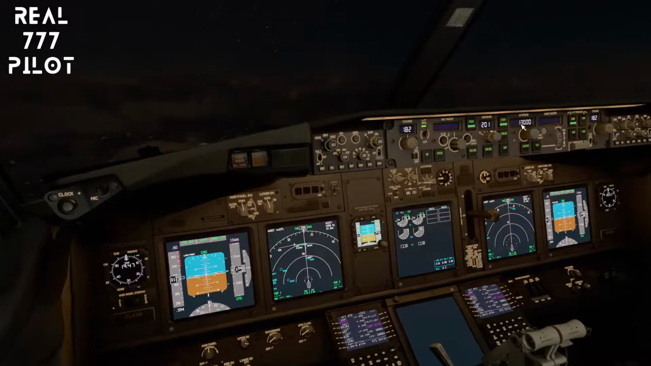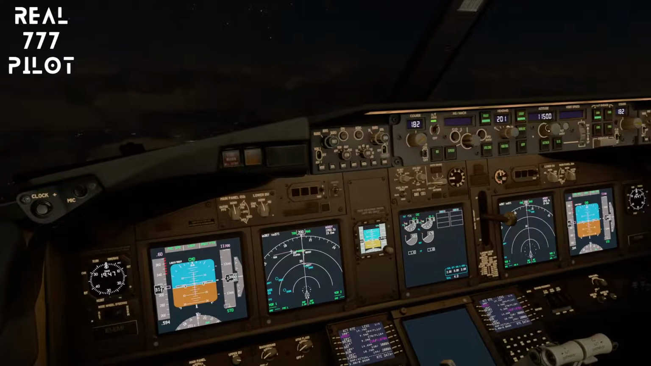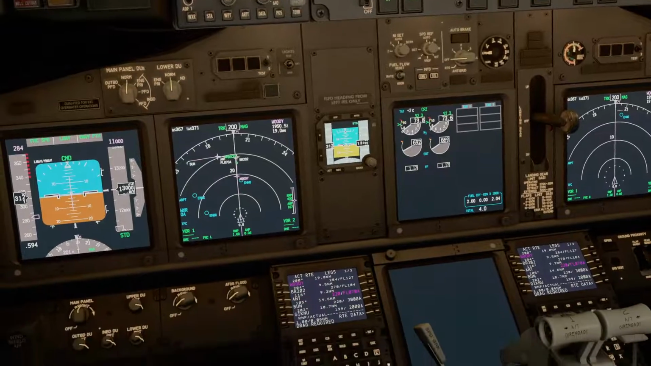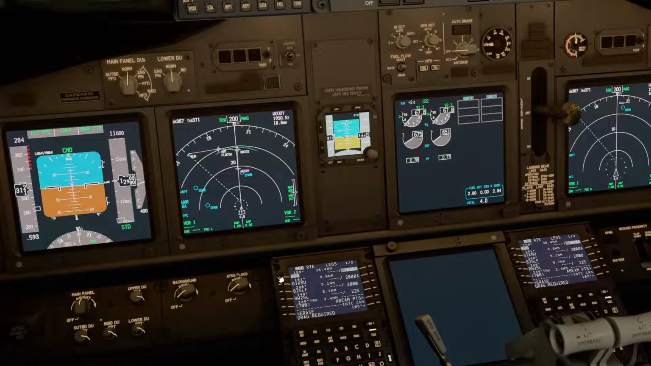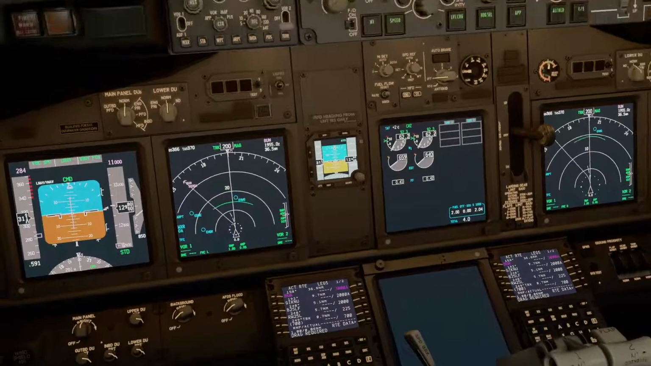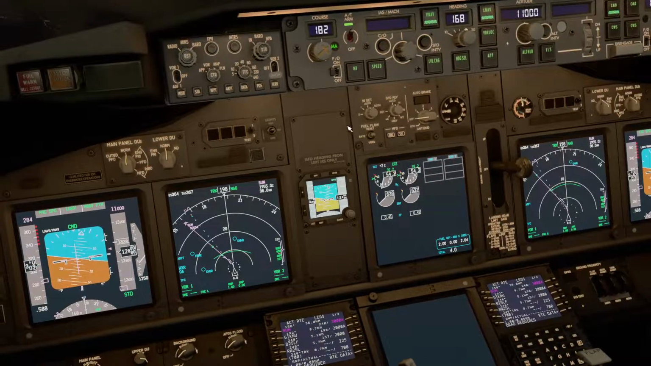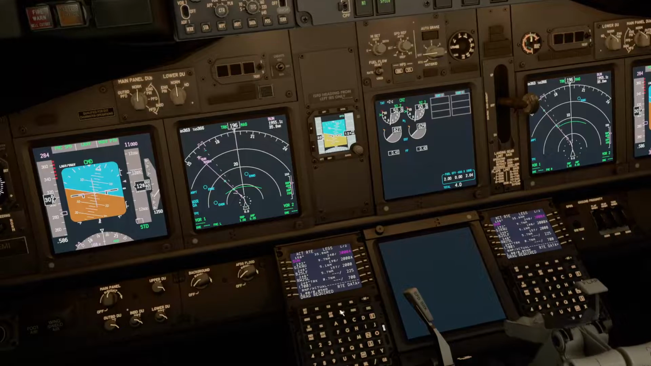So let's do it. So we have to descend now. 11,000 and I can do an altitude intervention. And now we fly direct to Bravo Uniform November. We execute and we are flying Bravo Uniform November now. So basically I'm just going to show you